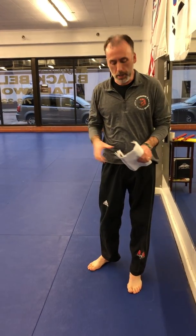So, that's the long range technique. Mid-range technique is a straight palm heel. Always starting with your hands active. I like to have them up because if I'm close enough to hit somebody, whether I'm punching or palm heel, and they're probably close enough to hit me, I'm not gonna take my chances. So, palm heel,